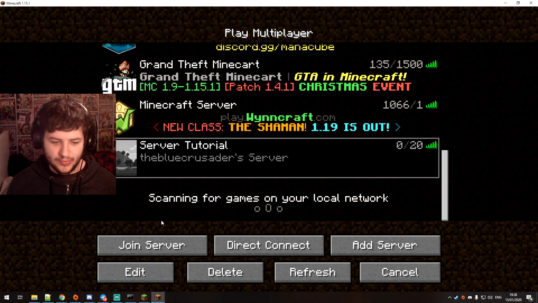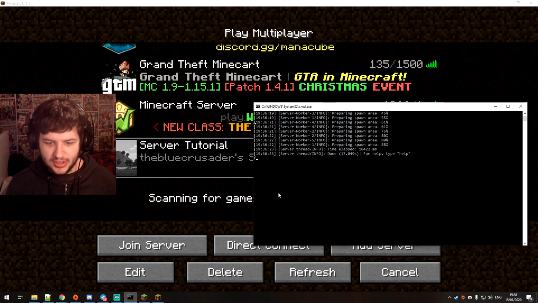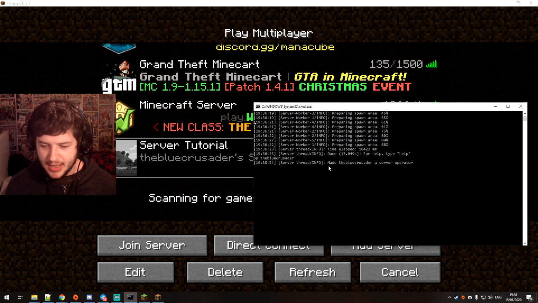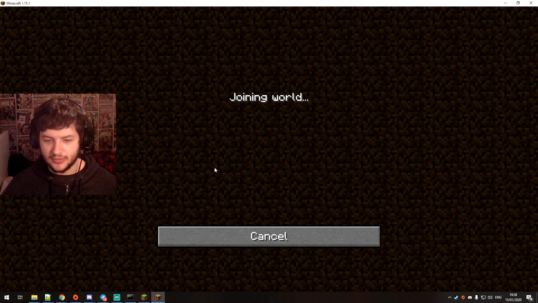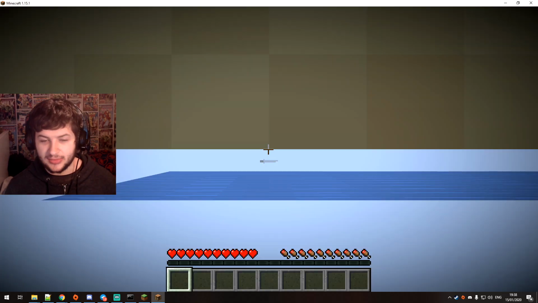So now we can join the server, but I'm going to show you one more thing. If we open up the server console here, you can see that I can actually type in it, okay? This is where we can input the commands. This is basically the server control panel. So I could type in a command without the slash, so I could type in OP space the Blue Crusader and press enter, and now it'll actually come with a returned communication from the server. You'll see it says made the Blue Crusader server operator. We can do that without restarting the server, and now we can connect,